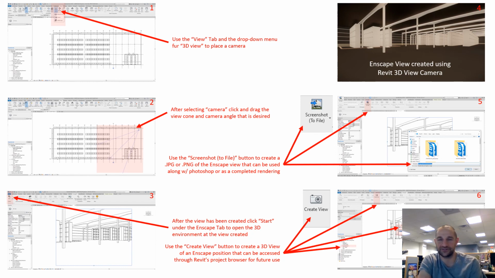So it's a good thing to understand how to do. It's kind of the reason why we have been using it to create presentation images, but I think you'll also find that it is useful as a design tool as well as an image creating